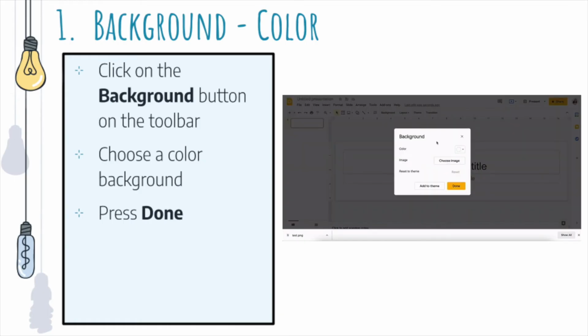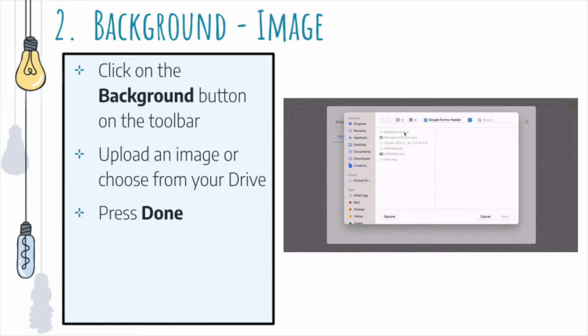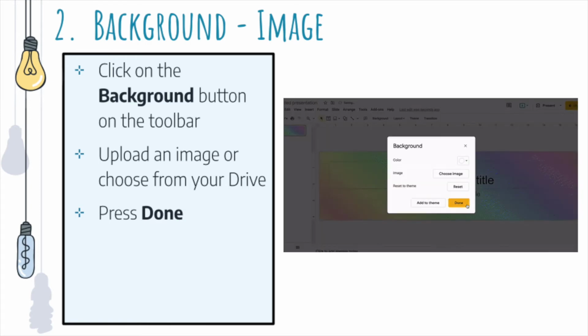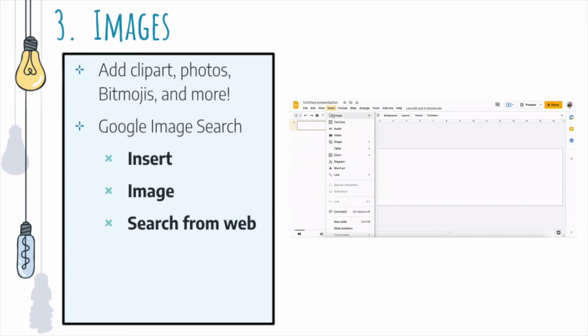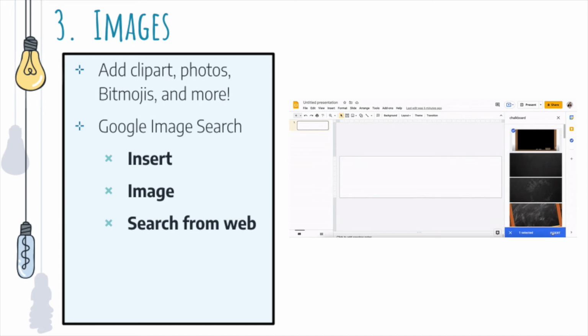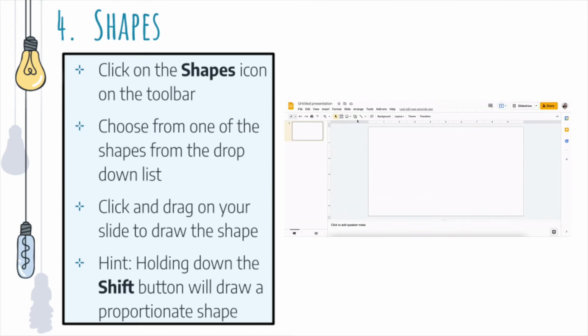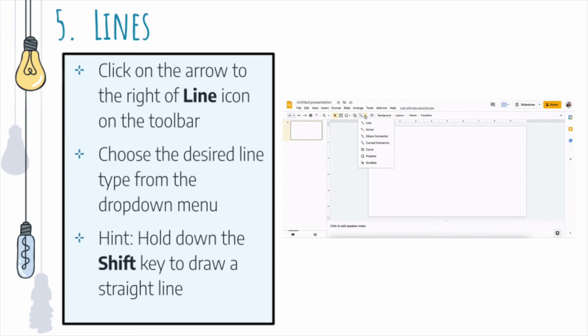So we have adding our background, just changing the color, changing the background to an image, adding images to your slide from the Google image search within Google Slides, using outside image sources to add copyright-friendly images onto your slide, adding shapes, or lines,